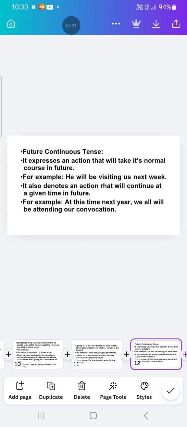Then second type is future continuous tense. It expresses an action that will take its normal course in future. For example, he will be visiting us next week. It also denotes an action that will continue at a given time in future. For example, at this time next year, we all will be attending our